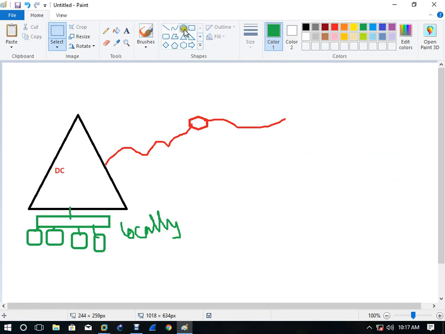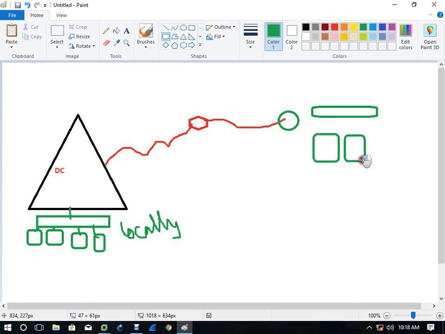So what you have here is your router. With the help of the router you are communicating to your domain controller, and from here you have your switch connected, and after that switch you have users. Each and every user is connected here with the help of the switch.